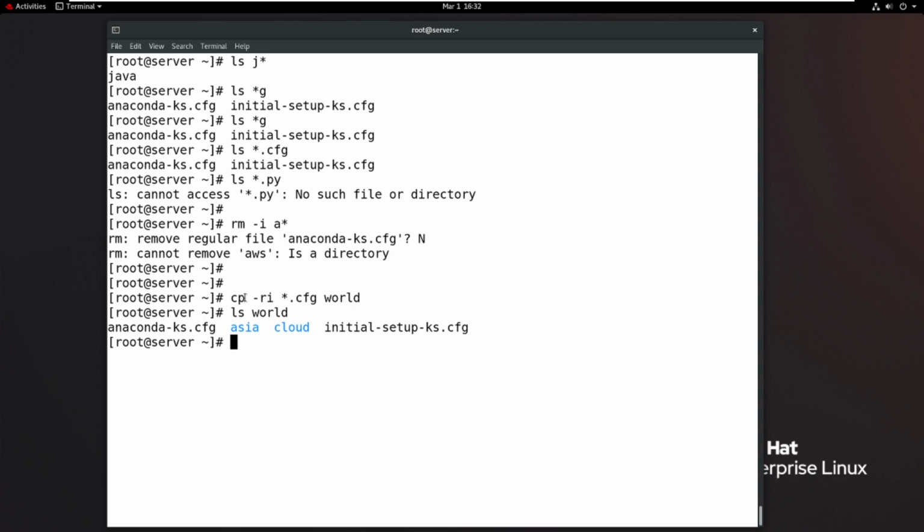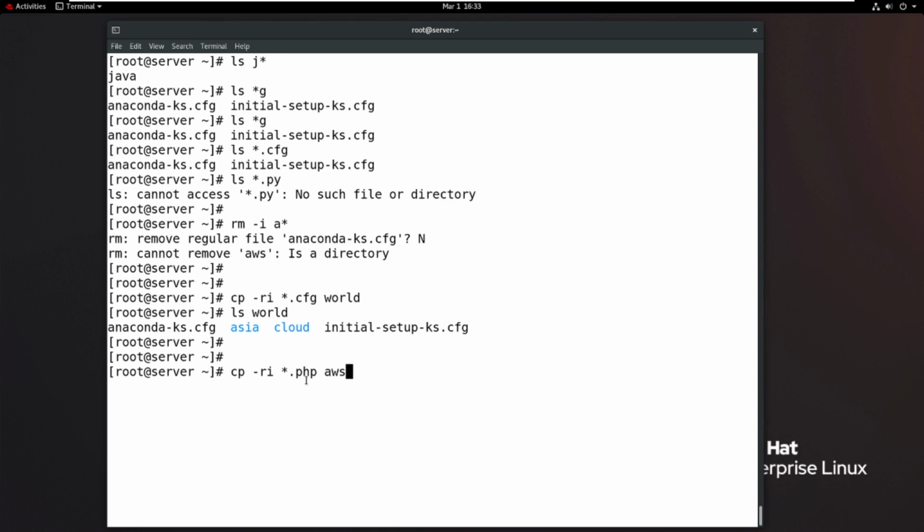So cp is copying. What do you want to copy? Like I want the .cfg files into world. Okay sir, I have thousands of files in my location, but I want only the files with the extension .php, everything copied to one directory, maybe AWS.